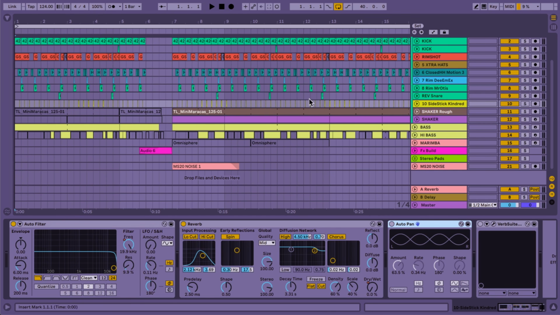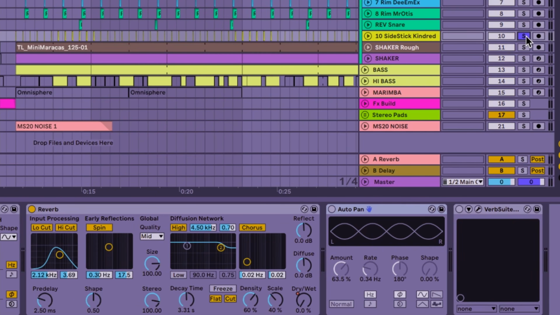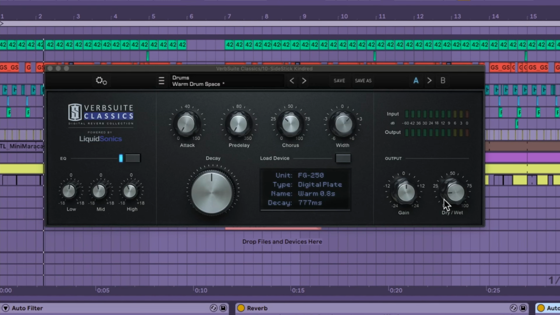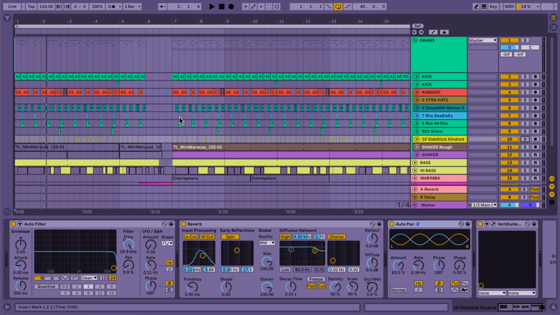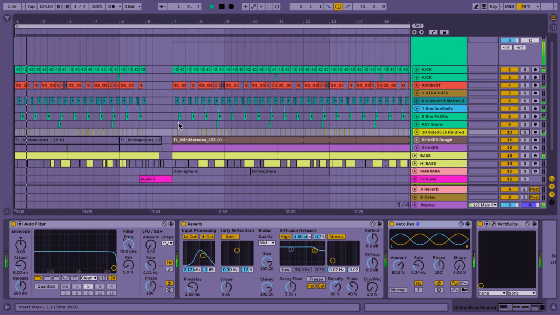In the beginning of the track here, I have a side stick sound going on here, so let's listen to it. Now that's just straight in the middle. If you put some auto pan on it, maybe a little bit of a room reverb like this, a short one, and have it a little bit flying over your head in the stereo field. It doesn't have to be crazy or anything like that, but it really does a lot to the track. Let's listen to this. Everything else is pretty mono except for this. It's just traveling a little bit around your head just to give some interest to the stereo field, but without